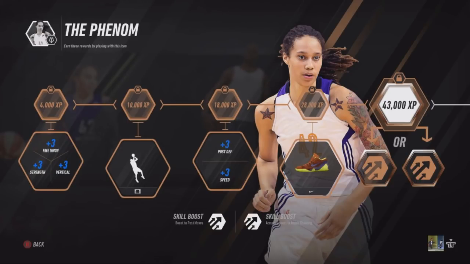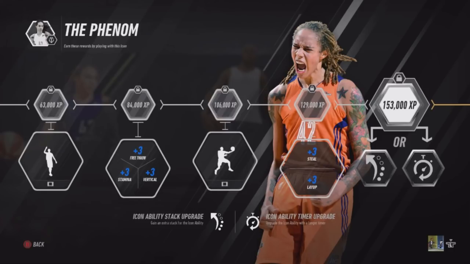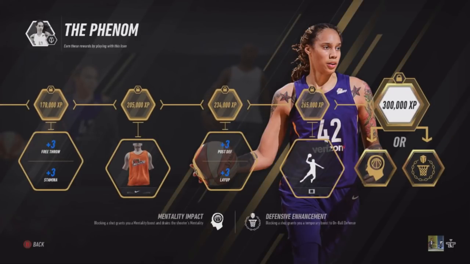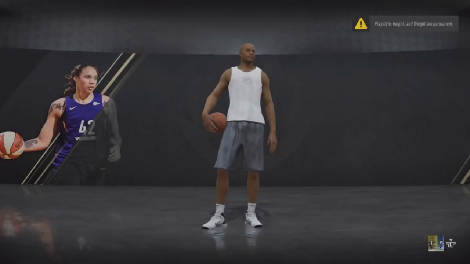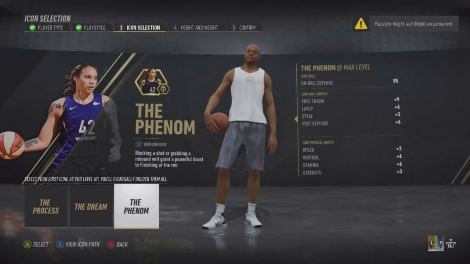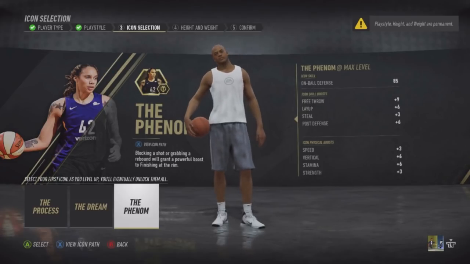And then you get an opportunity to boost your inside shooting or your post moves. So that's going to be really nice as well. You see what that's for. And then the last thing that she can boost, blocking a shot grants a temporary boost on your on-ball defense, or blocking the shot grants you a mentality boost to drain the shooter's mentality. So I think she's going to be low-key nice just because in a game where people run a lot of